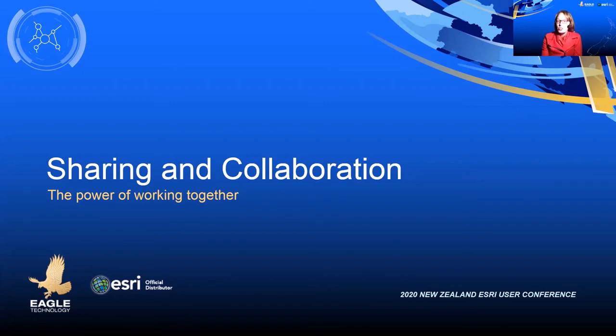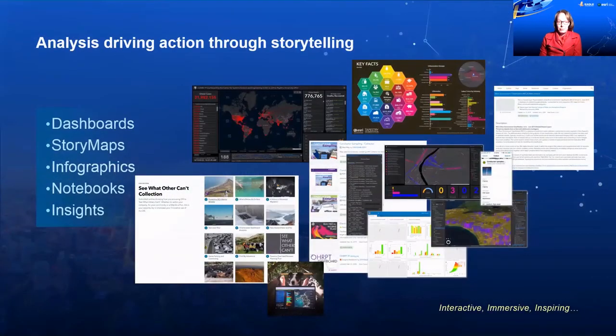So how can we actually do this sharing and collaboration? Well, there's lots of different ways that we can do this inside of the ArcGIS platform. And these are just some of the ways. So we have the option to use ArcGIS dashboards to display the results of our analysis. And this is particularly useful when we have live analytics that we want to embed inside of our display. Another way that we could do this sharing and collaboration is through ArcGIS story maps. And story maps is really where we can tell those compelling stories about the results of our analysis.